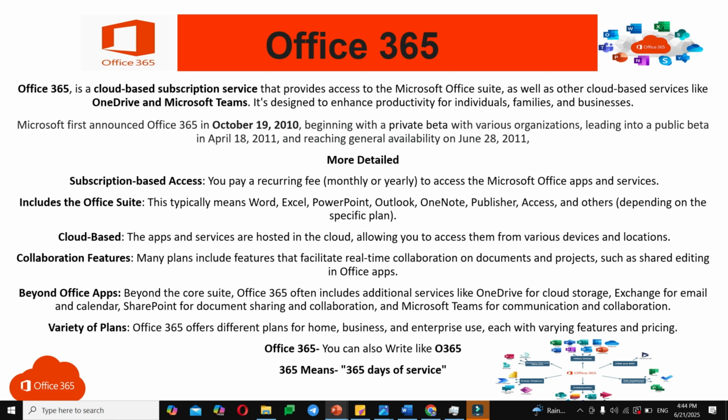More details: subscription based access. You pay a recurring fee monthly or yearly to access the Microsoft Office apps and services. Includes the Office suite. This typically means Word, Excel, PowerPoint, Outlook, OneNote, Publisher, Access and others depending on the specific plan. Cloud based. The apps and services are hosted in the cloud, allowing you to access them from various devices